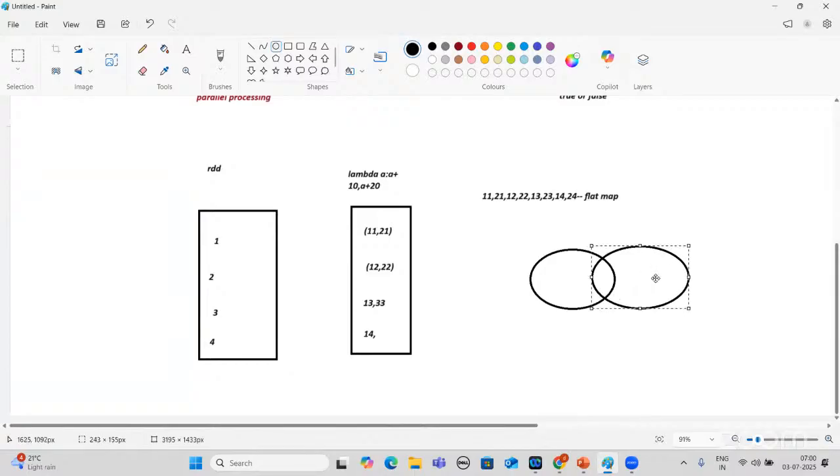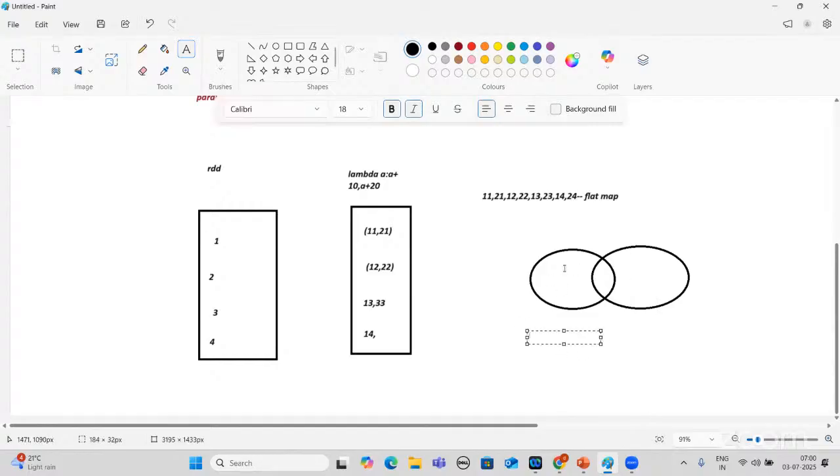In this data set, I'm having 1, and again in the other data set also I'm having 1. Whenever you are trying to do the union all, you will get 1, 1. Suppose I'm having 1, 2, 3, like this. So what would be the answer for union all? It would give you 1, 2, 3, 4, again 2, again 1, again 4, 5.